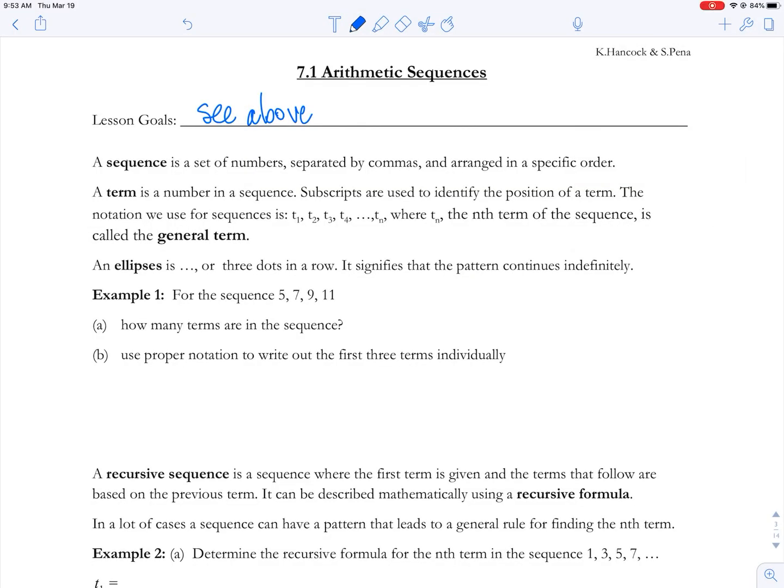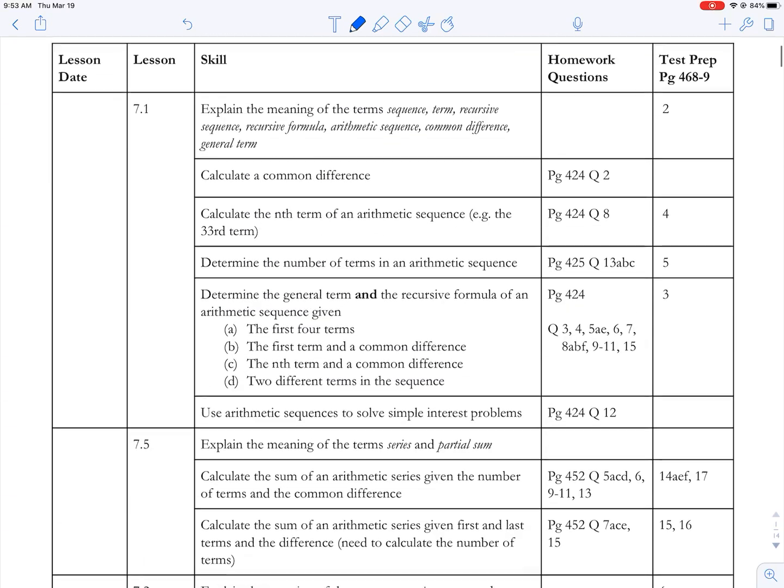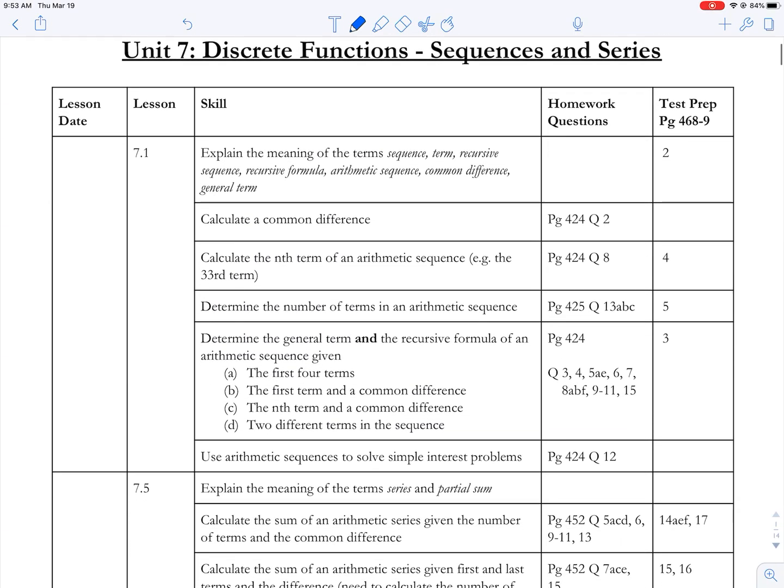Here's lesson 7.1 on arithmetic sequences. Our lesson goals for today, there's quite a few of them, but they're all really easy. But if we look back at the beginning, our lesson goals are going to be to explain the meaning of a whole bunch of terms, calculate a common difference, calculate the nth term, so where we specify like the 33rd or something, determine the number of terms in a sequence, determine the general term, and something called a recursive formula